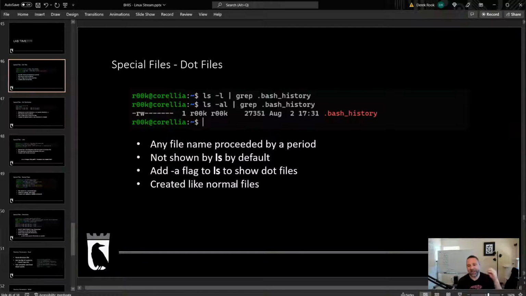They're just not shown by ls by default. There's no obfuscation or tomfoolery about these files. If you're trying to hide something, putting a dot in front of it is not going to do it. In fact, it might call more attention to the fact that the dot file is there. But just know that if you name something and put a dot as the first character, then it won't show up in ls.